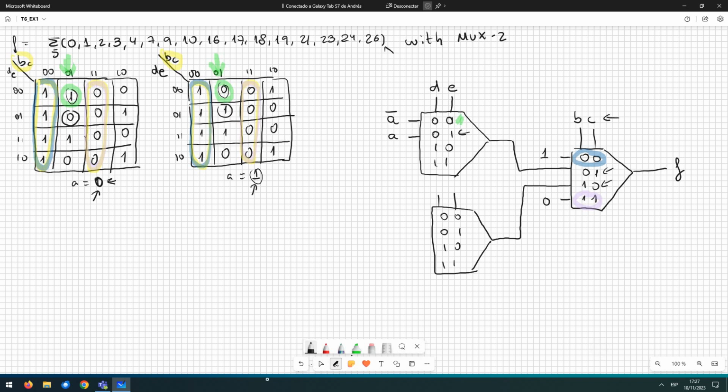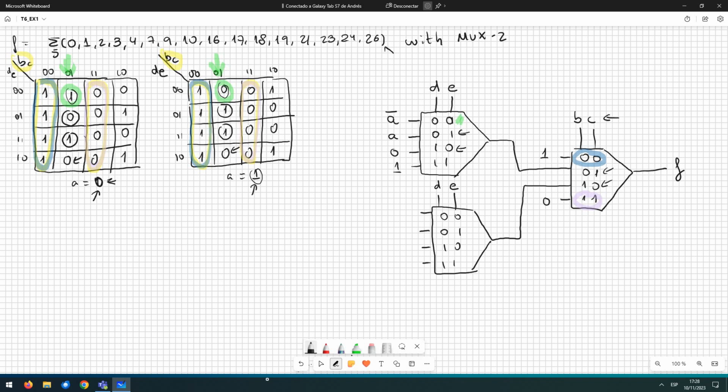And what happens with the rest of the inputs? For 1, 0, we are here, and the input is 0 in both cases. And for 1, 1, we are here, and the inputs are 1s in both cases. So we have finished with this multiplexer. In the following multiplexer, the other multiplexer of the level, we can use other variables if we want. Sorry, but maybe it's complicated. So we are going to use the same ones, and we are going to proceed